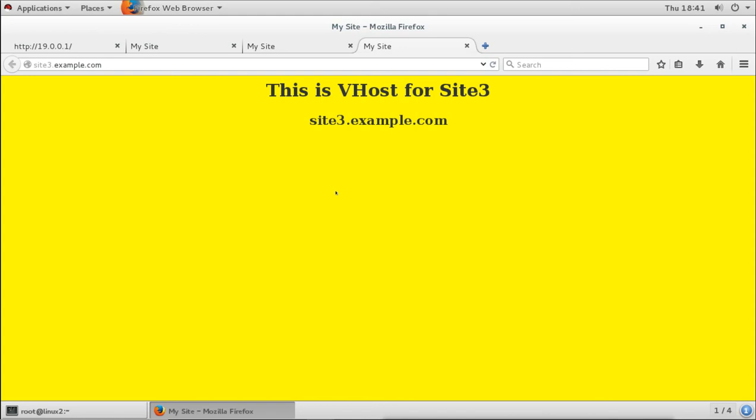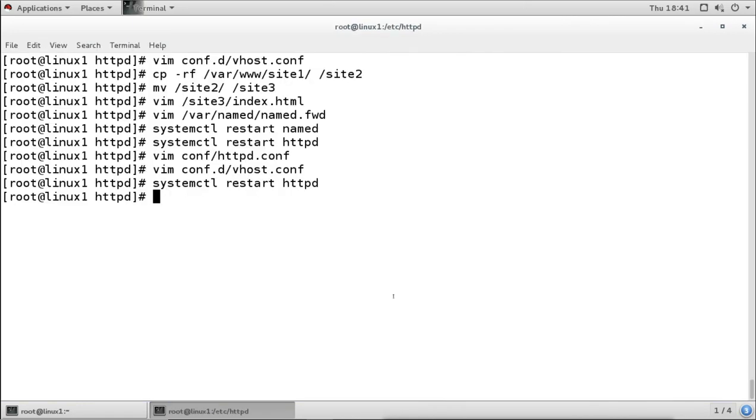And one more thing can be a problem, if your index file, your home page file, has a different name. Like for site3, it is index.html, which is the default. Now I will rename the file index.html to some other name, like site3.html.